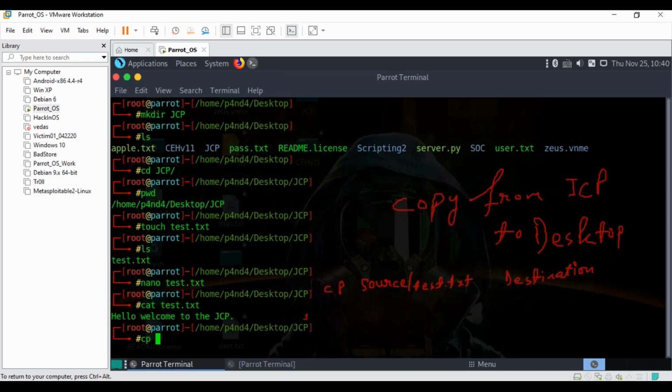So what I will do now, I will simply write cp. Either I can go this way: slash home slash P4 and D4 slash desktop slash JCP slash test.txt. So this is my source, from where I want to copy. Got it? So either I can give the complete path.